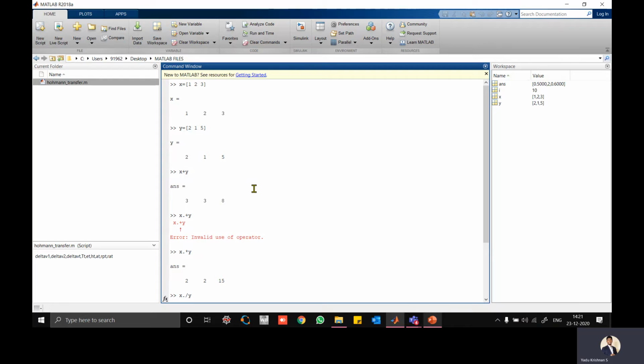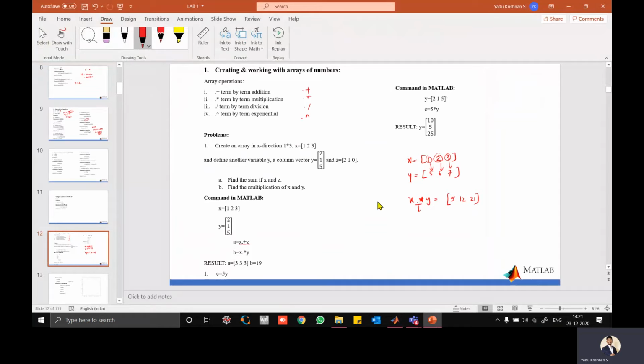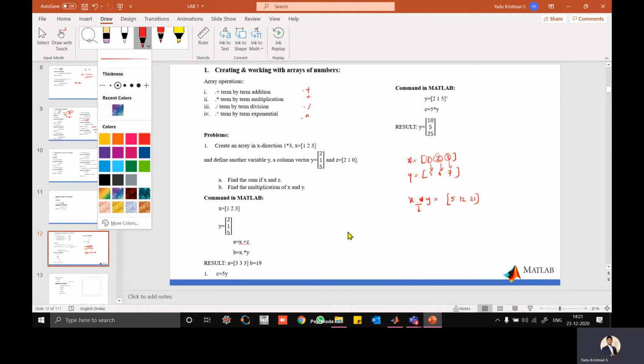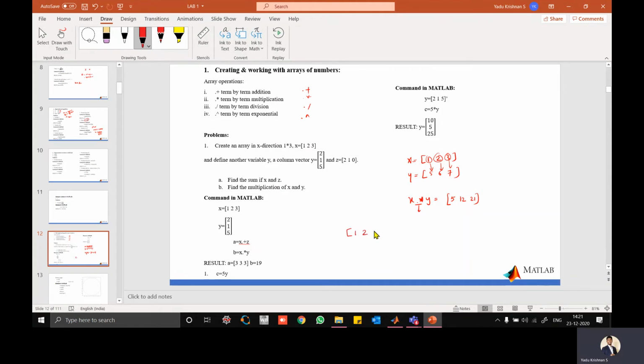But we know that for a matrix multiplication, x should be 1 by 3 and the y should be 3 by 1. Then only is the matrix multiplication possible, like 1, 2, 3 and 5, 6, 7.